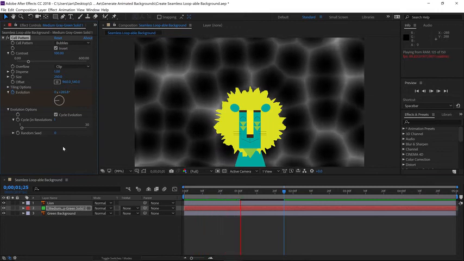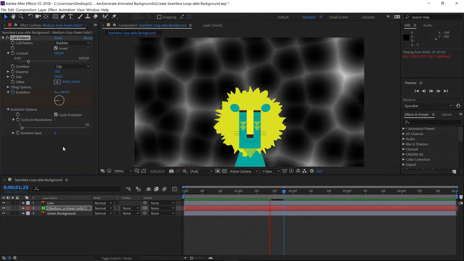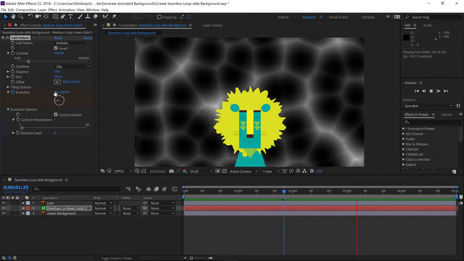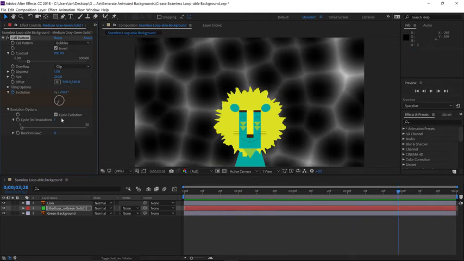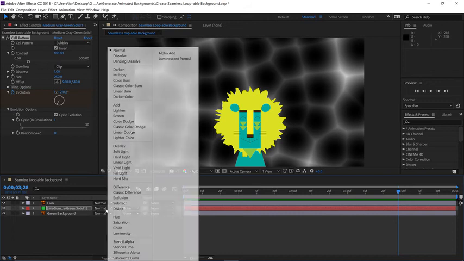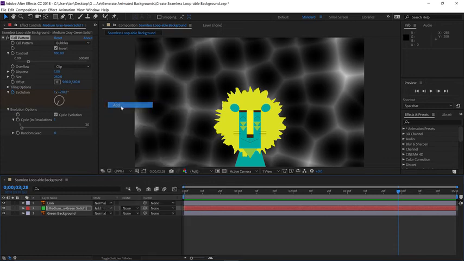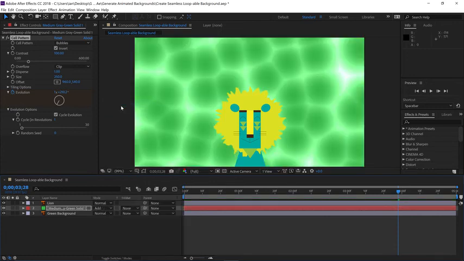Now let's stop playback here for a second because I want to blend this into the background. The fastest way to start blending this is to change the blend mode. So go down to the bottom area of the timeline and toggle your switches and modes until you get into the modes, and let's click on the mode drop-down for Layer 2 where it says Normal. I'm going to choose Add, which means black pixels will become transparent and lighter pixels will vibrantly blend with the